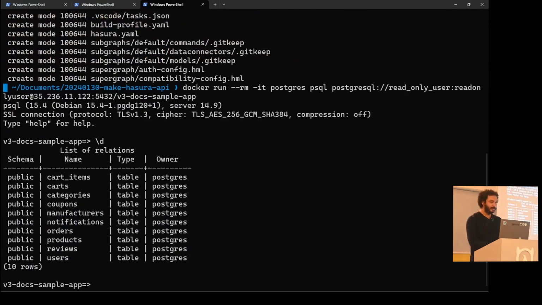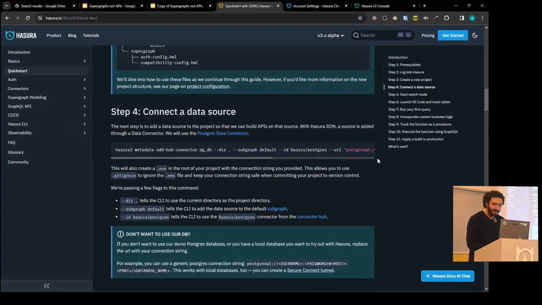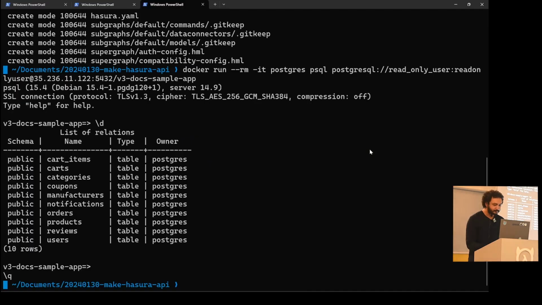So here are the tables in this Postgres database. This is an e-commerce sort of application, so the data modeling is done. If you're an awesome developer, you probably focus a lot on your data modeling before you get into writing your code. So this is that data model. It has carts, it has cart items. Let's say every cart item has a product associated with it, your standard e-commerce stuff. And now what I want to do is have an API on top of this data model.